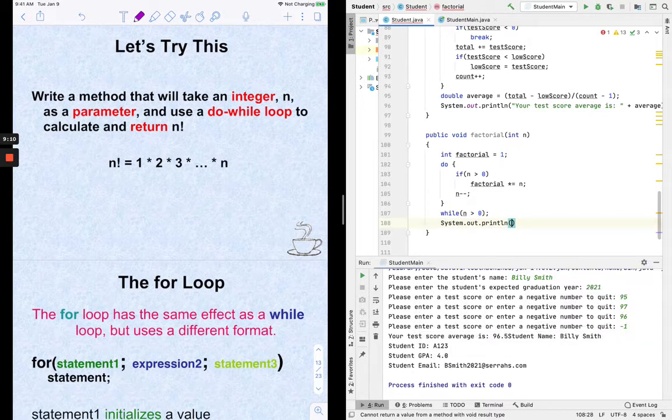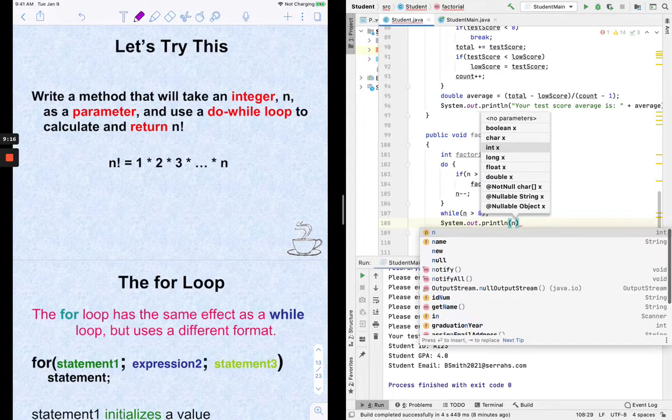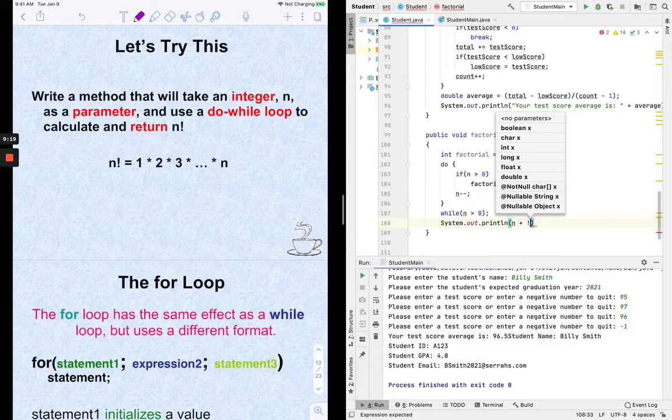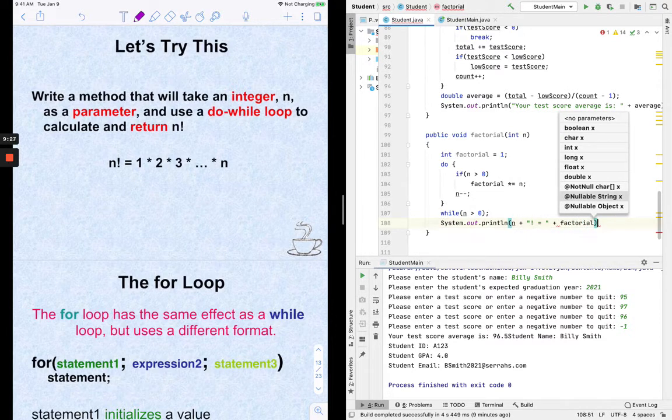System.out.println. I'll say n factorial. Whoops, because in math we use it with an exclamation point, equals my variable factorial. All right, so over here,